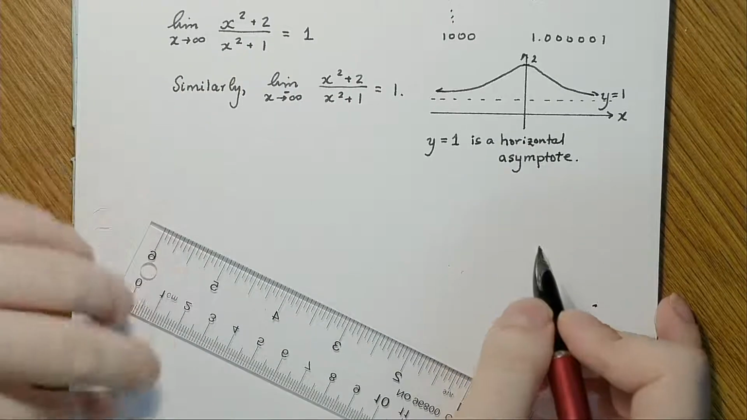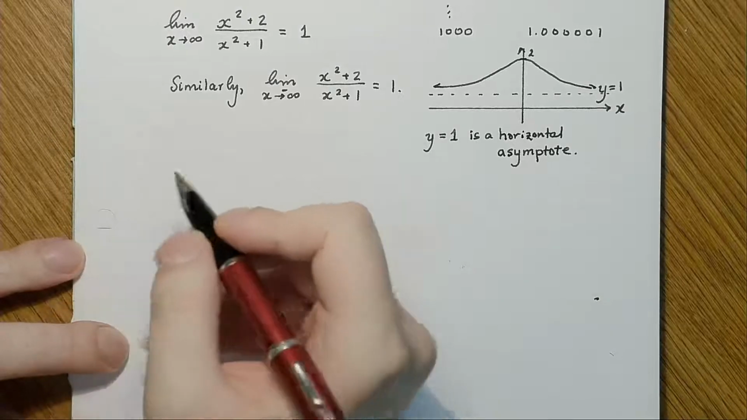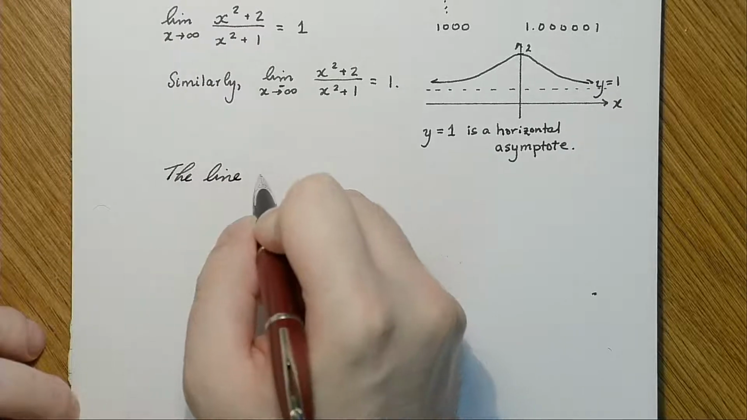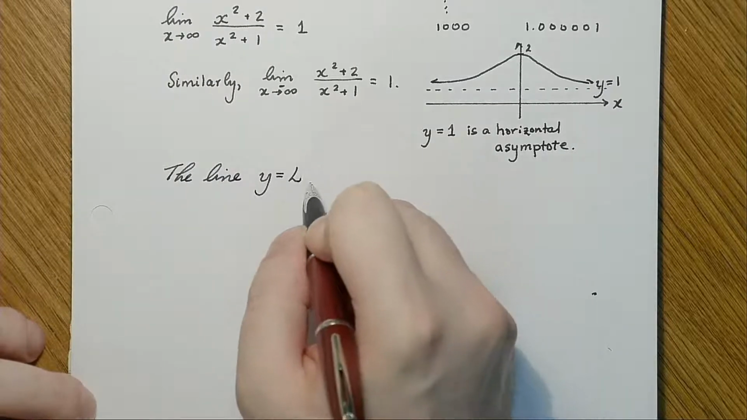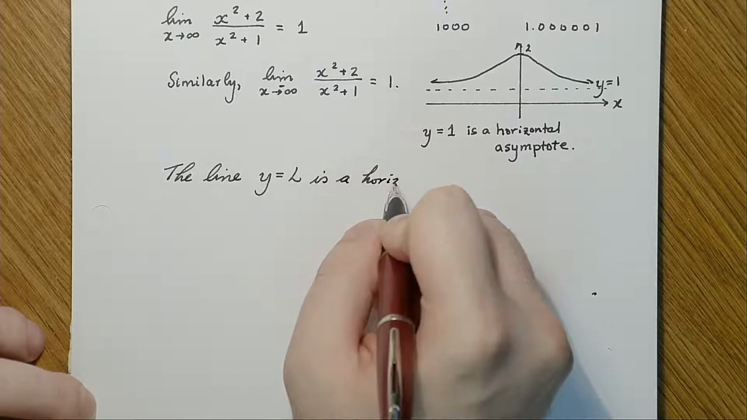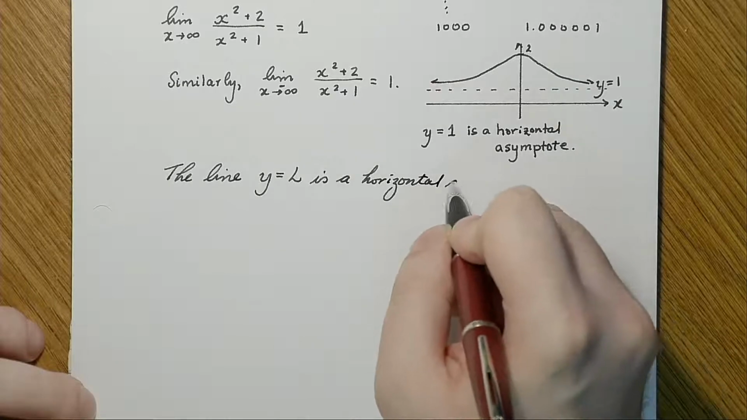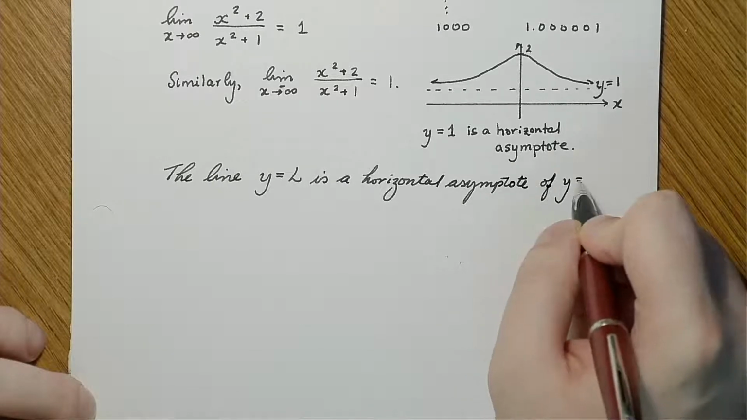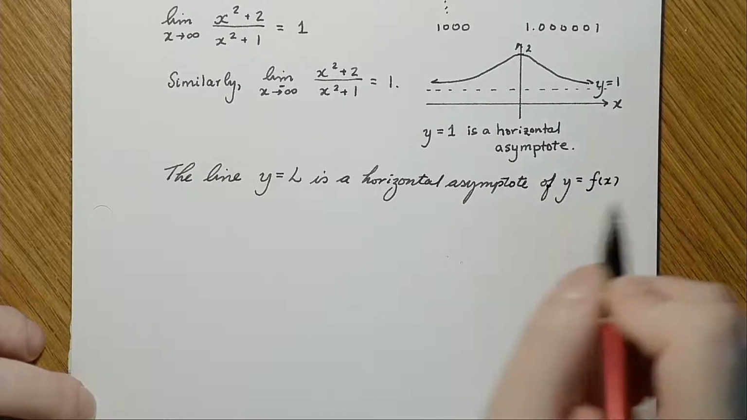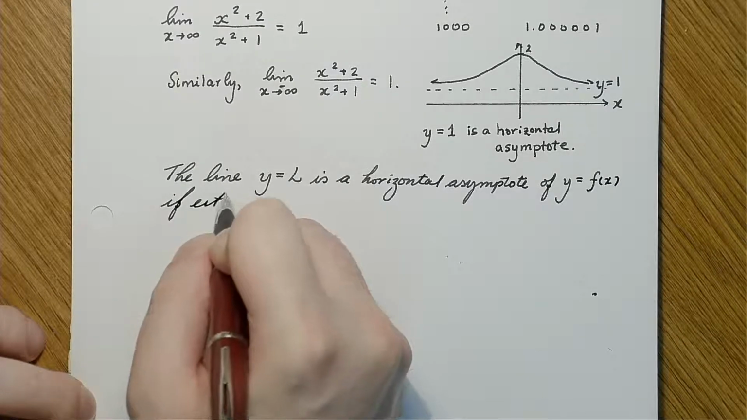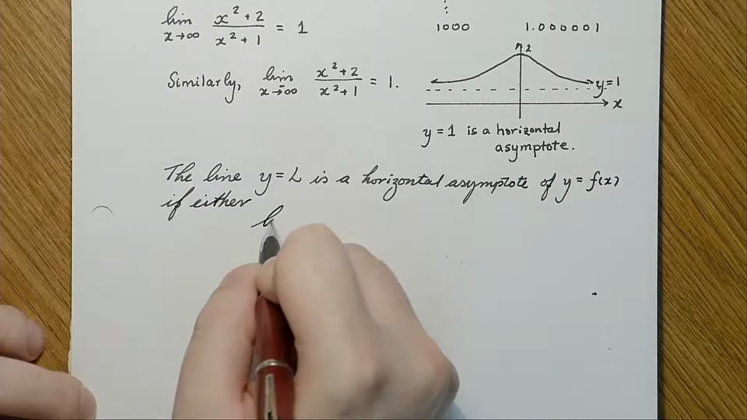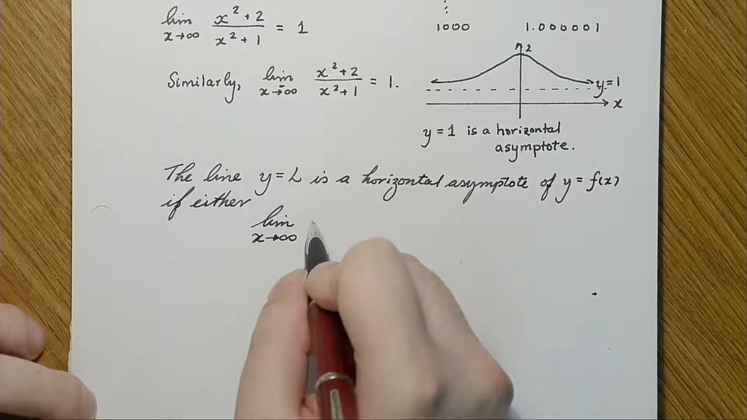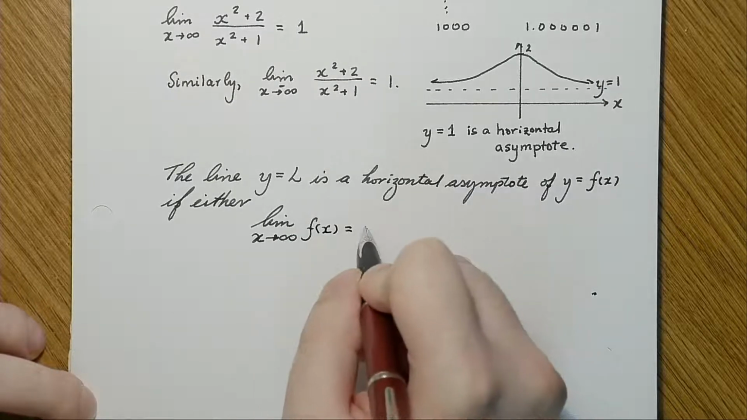So we'll give it a little bit of a better definition. So let's do this a little formally. So we'll say that the line y equals L is a horizontal asymptote of the function y equals f of x if either the limit as x goes to positive infinity, if that's equal to L. So again, like this,